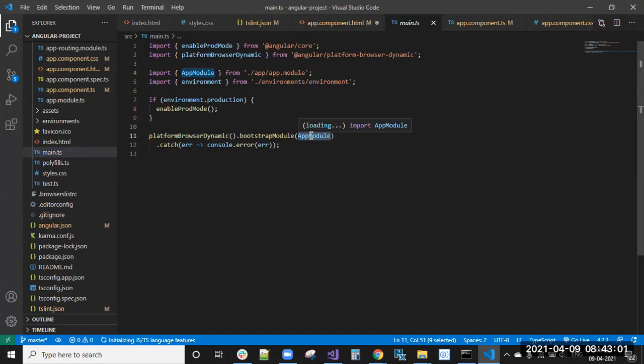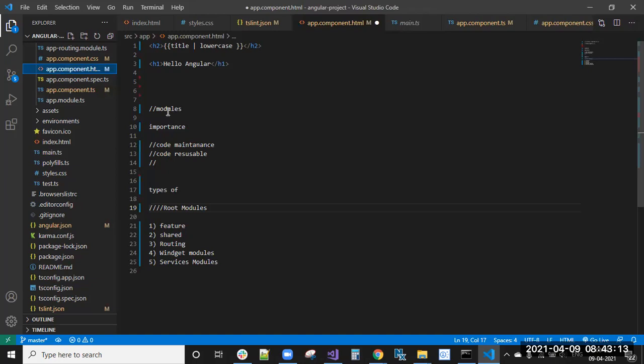If you give any other module instead, that module will act as the root module. So in that root module only, these different types of modules, like feature module, shared module and routing module, will all be included. Now app.module.ts is there, right?